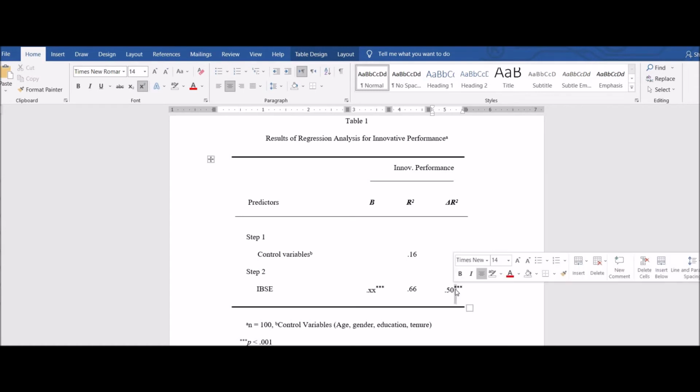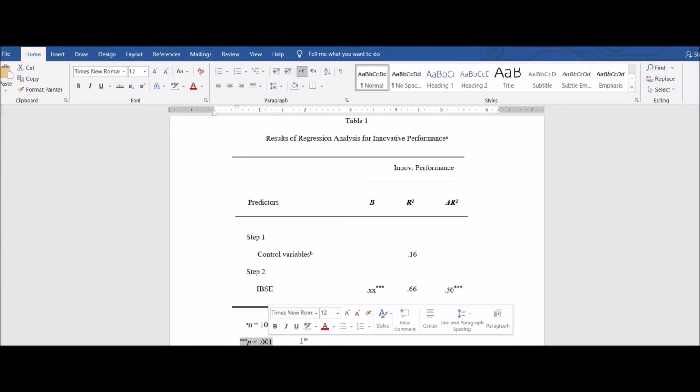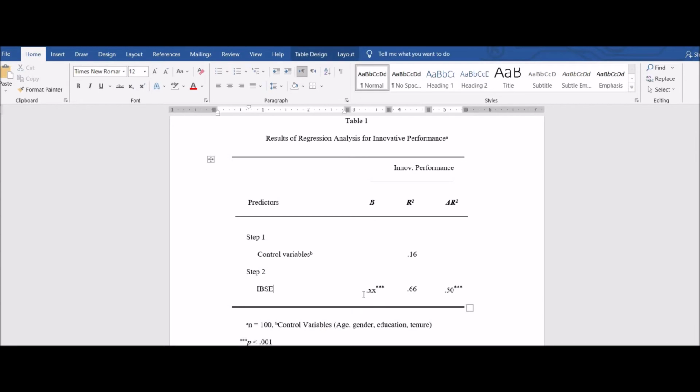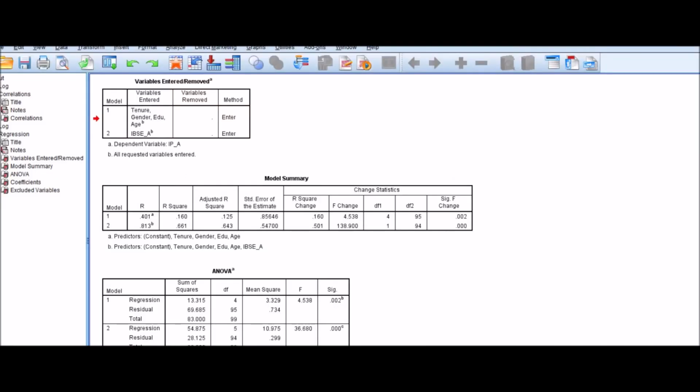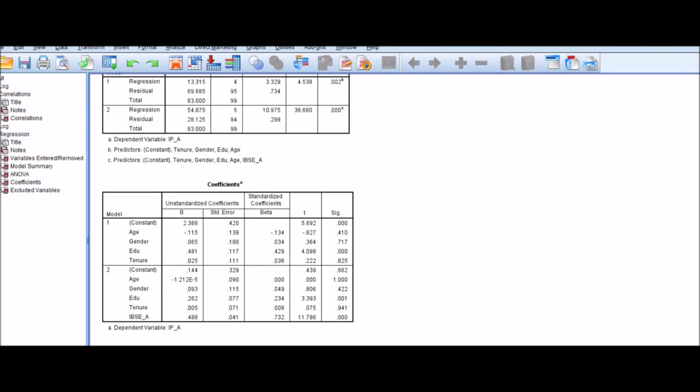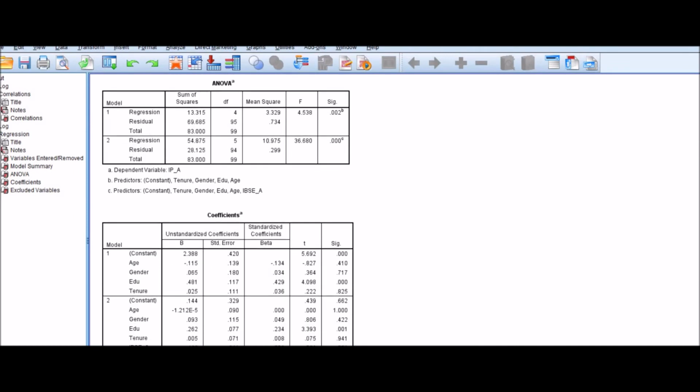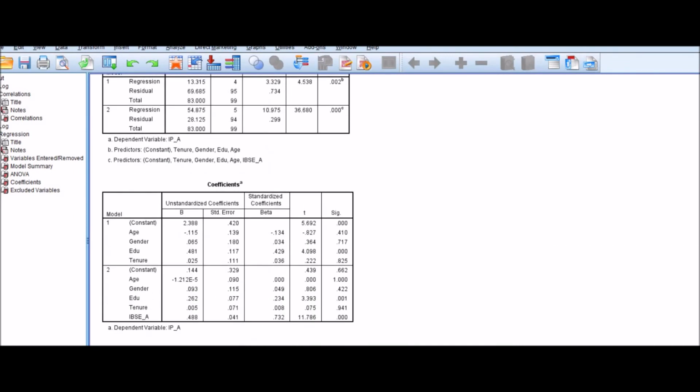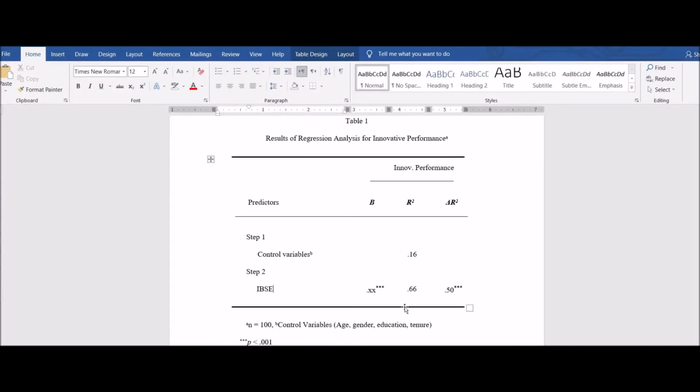Now you need to report the beta value of IBSC. So beta value is 0.488 and it's significant at 0.001. Here you will report 0.48 and 3 asterisks are there, which represent p is less than 0.001.